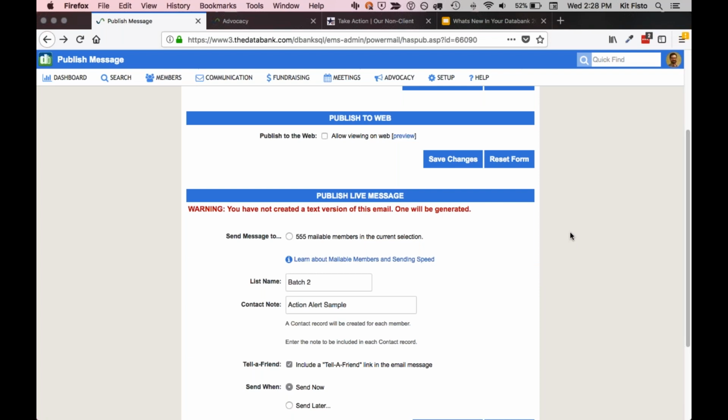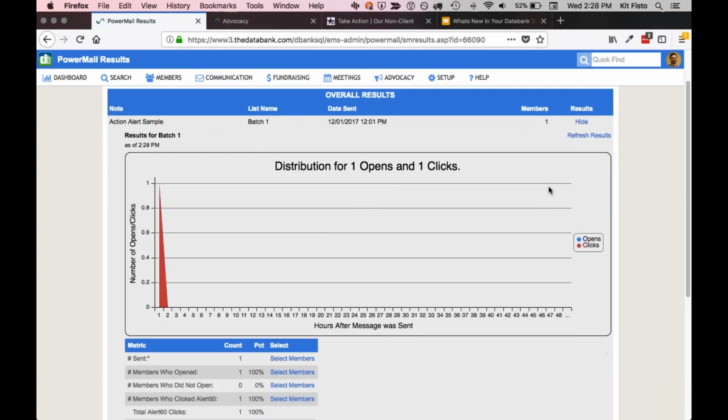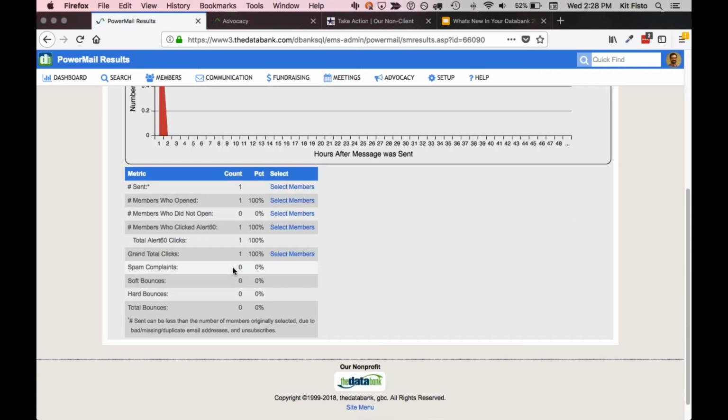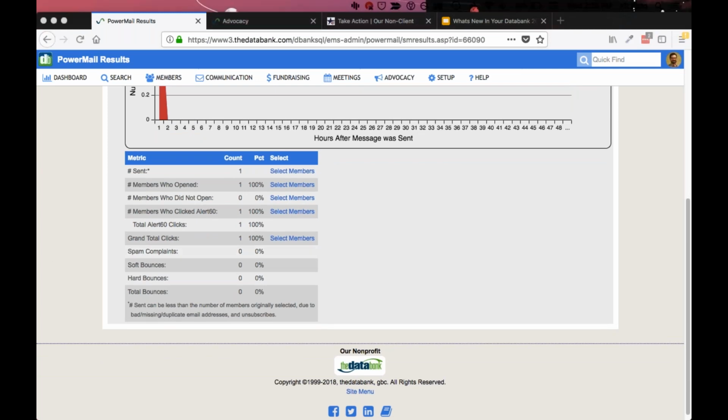The other thing I want to mention in the results page is the results hasn't changed. The results is still the same page that it has been. We haven't added anything new, but you might have seen an uptick in spam complaints. So why are you possibly seeing an uptick in spam complaints? Well, the uptick is not related to people changing their behavior or getting angry at that particular message. What has happened is we have